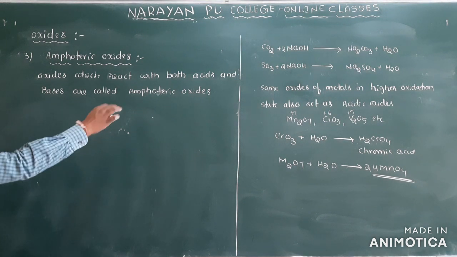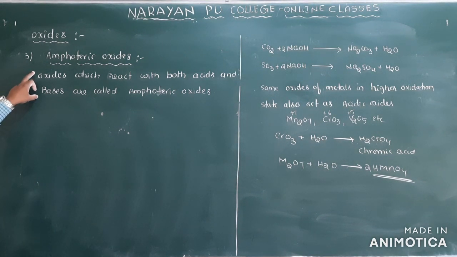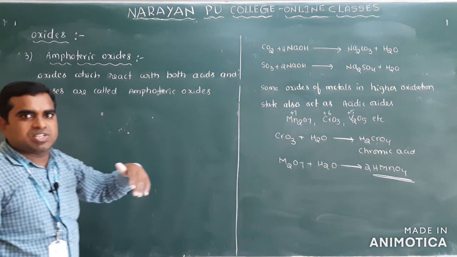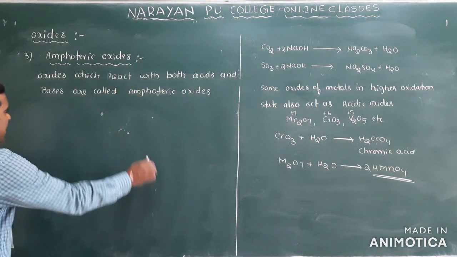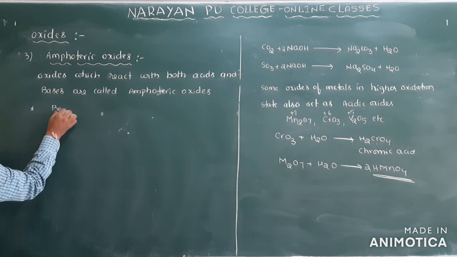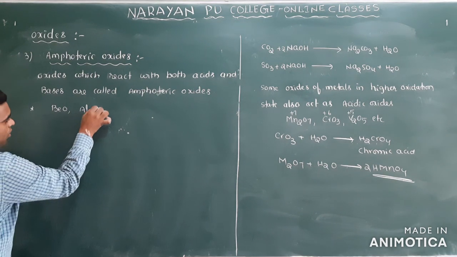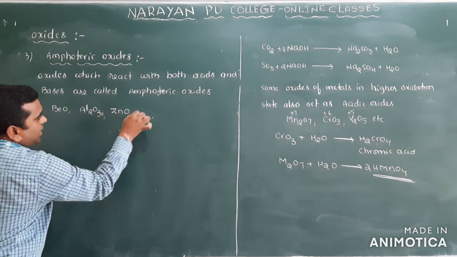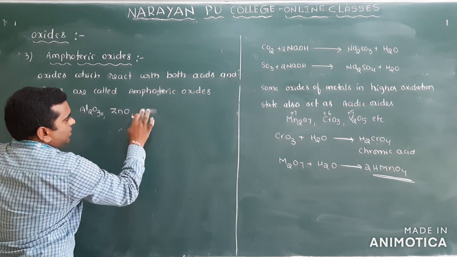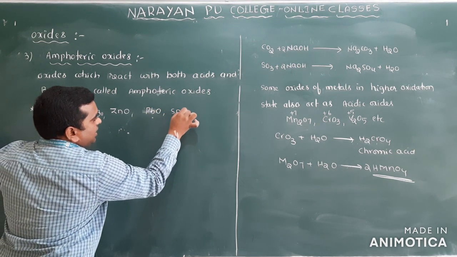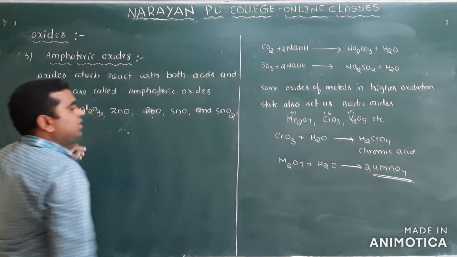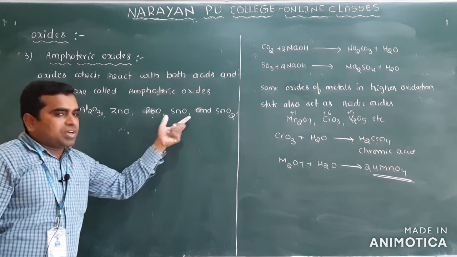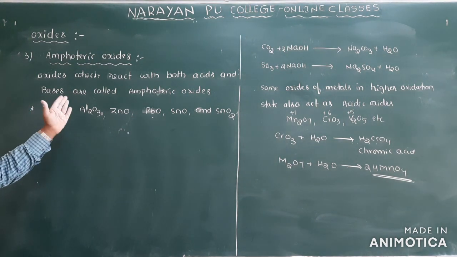Clear? So now, very important for the competitive examinations: which oxides act as amphoteric oxides. In previous mains examinations also they have given which of the following oxides is amphoteric. Clear? So mainly the amphoteric oxides are beryllium oxide, aluminum oxide, zinc oxide, lead oxide, tin oxide, and also tin dioxide. These are the main amphoteric oxides. Clear? They can react with both the acids and bases.